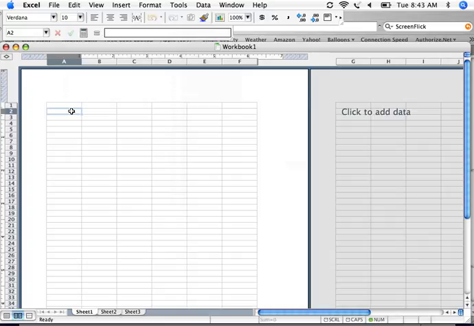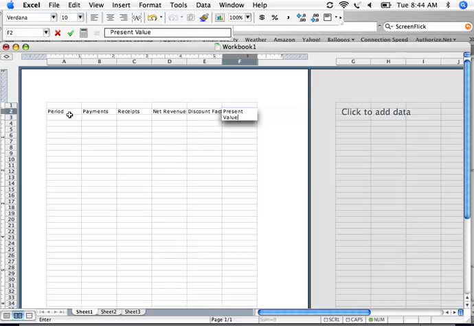we'll just put in some column headings here: period, payments, receipts or revenues that we were going to get in, net revenues, the discount factor, and then present value. And I forgot to put in my initial cost perhaps, so I can go over here,